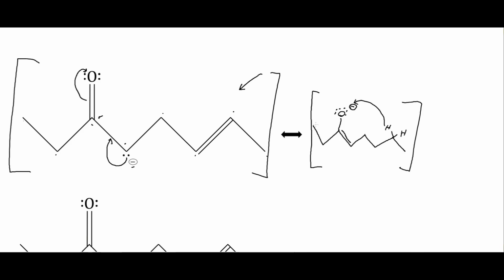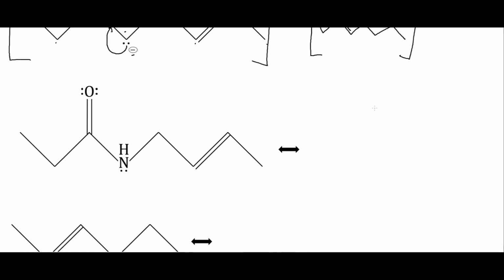So those are the two necessary but not sufficient rules for our resonance structures: the overall charge has to remain the same, and the way the atoms are located in the molecule has to remain the same. All right, so this is another one, and this is going to be very similar